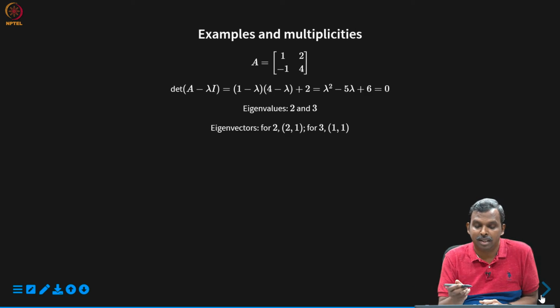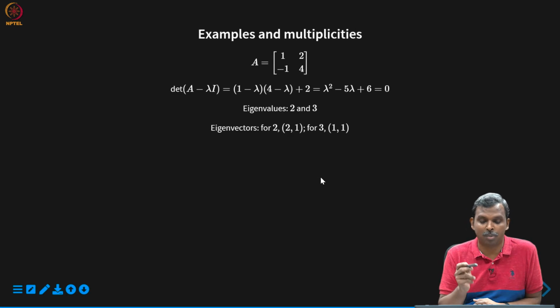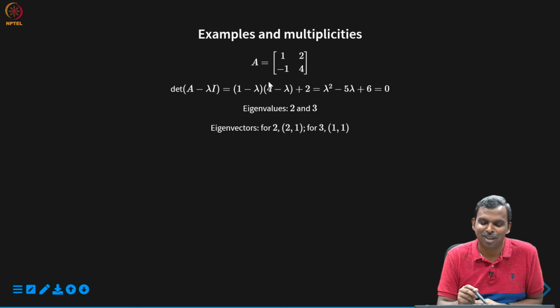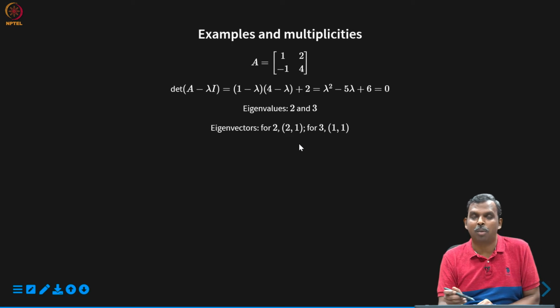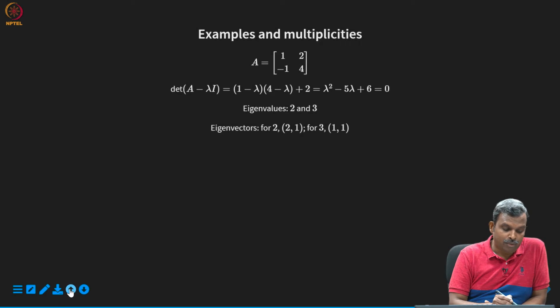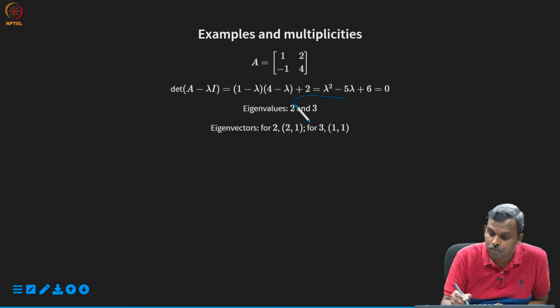The next immediate example we are going to take up is the more complicated example I did, if 2 by 2 can be considered complicated. 1 2 minus 1 4. You do determinant of A minus lambda I, you get lambda squared minus 5 lambda plus 6 equals 0, and lo and behold you get the eigenvalues 2 and 3. So now solving for this may be slightly more complicated. For 2 it is the null space of A minus 2I,